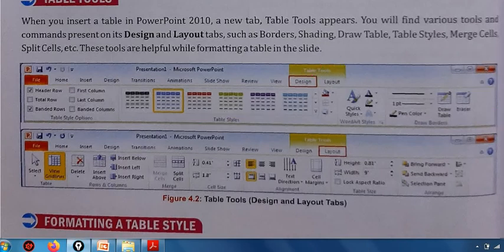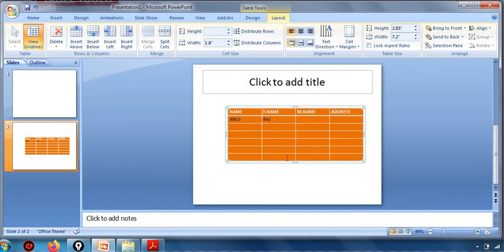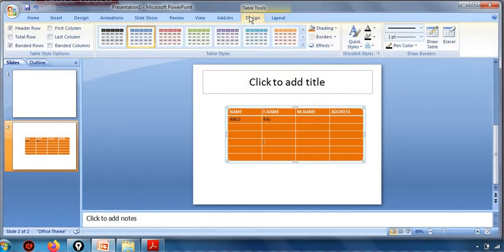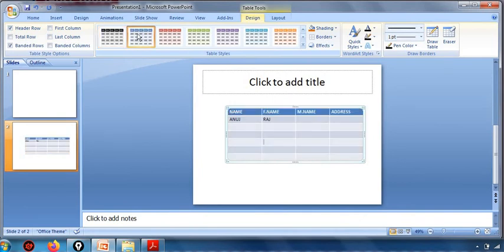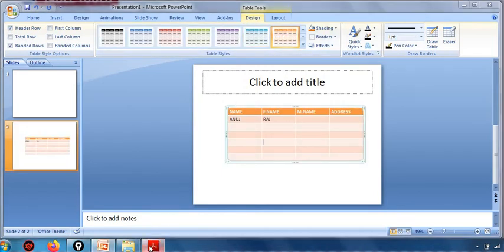So let's see. Okay, now here we have design tab, and if I click this, these are different table styles, right? So from here under design tab we can select different types of tables. Understood?